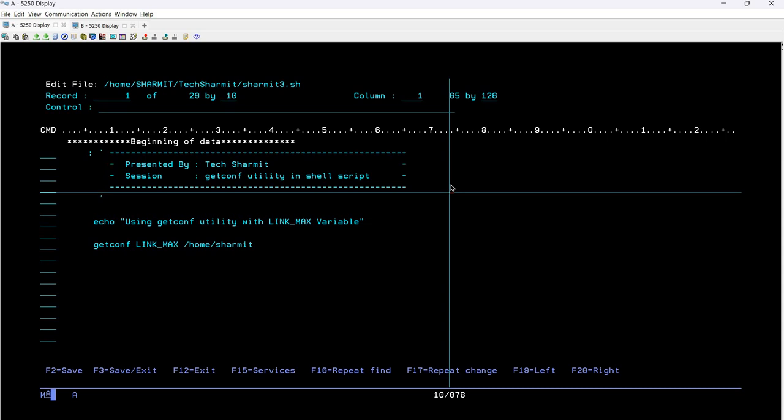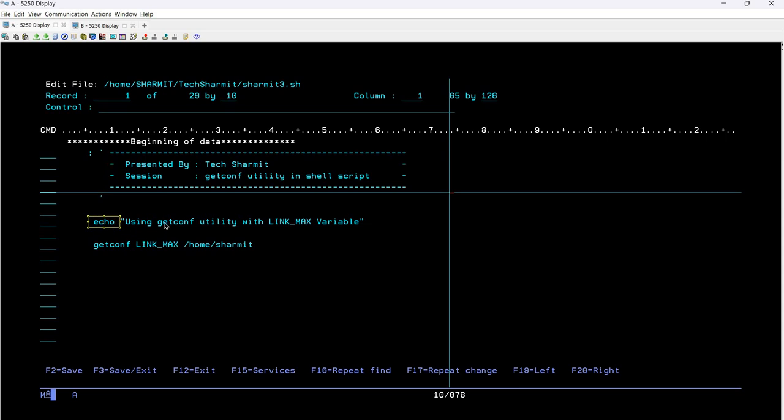All right, so for today, as I mentioned here, we are going to use the getconf utility with the LINK_MAX variable. Now what is the LINK_MAX variable, what value it returns, how it is beneficial for us, these are all things we are going to discuss. But before that, we will just run this script and see the output. Then step by step I'll explain each and everything related to hard link, this command, and why we are using it. Okay, fine. So to run this part, here what we have written, firstly we have just printed